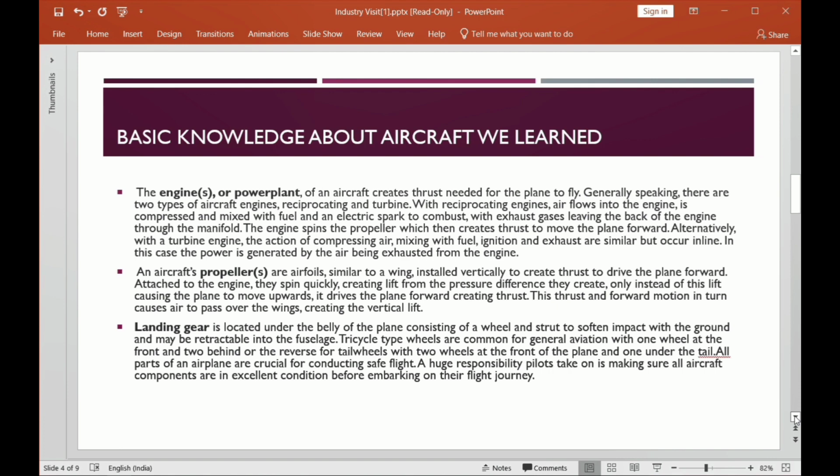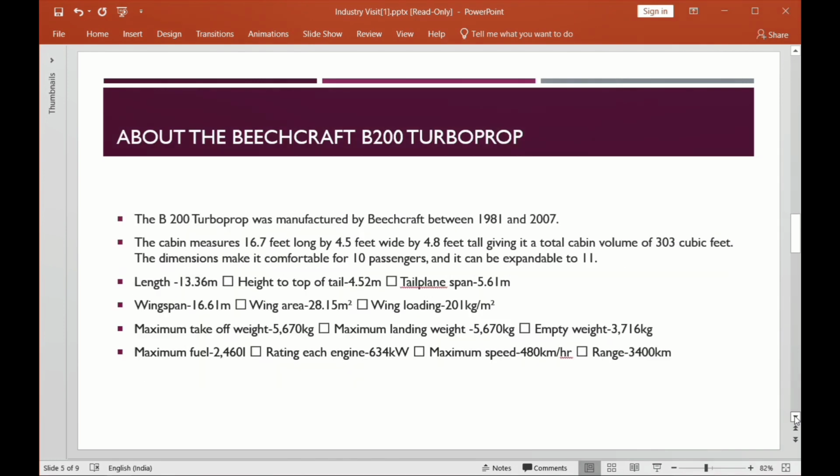So all these parts of the airplane are crucial for conducting a safe flight, and a huge responsibility of the pilot is to make sure that all aircraft components are in excellent condition before embarking on their flight journey. Now about the Beechcraft B200 turboprop model, some facts are: this aircraft was manufactured by the Beechcraft company between 1981